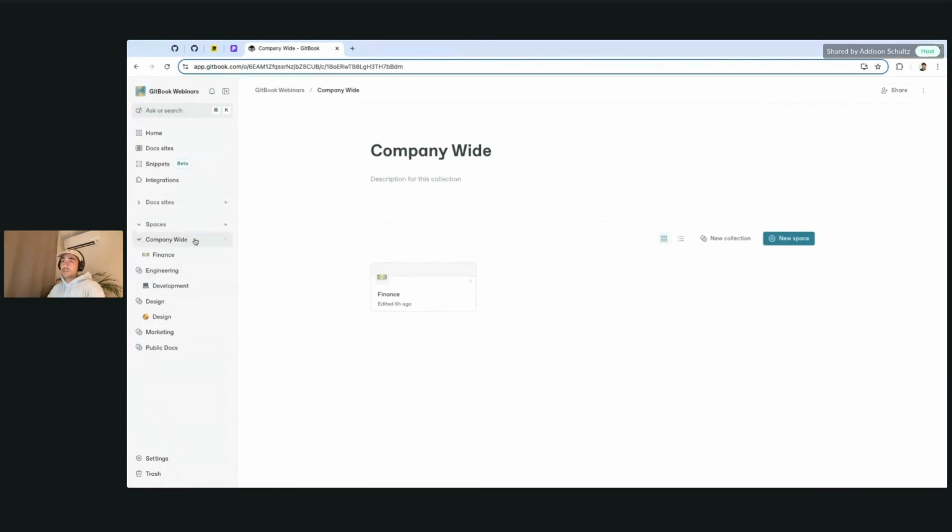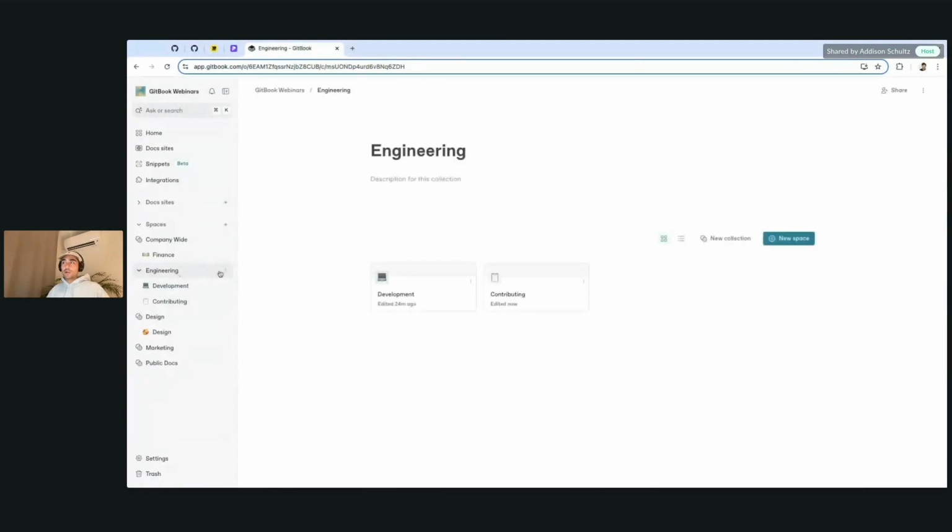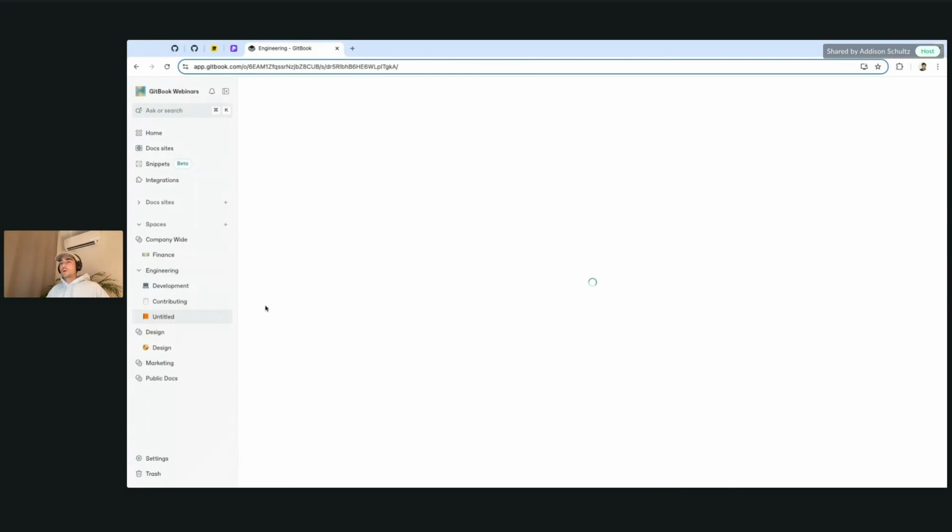So for instance, we have this one called engineering. We have a development section in here. I'm going to create a new space, which you can do from the three dots here. Let's do something like contributing. And because, let's say, the engineering workflow might have some, actually, I'll give a better example. Do something like